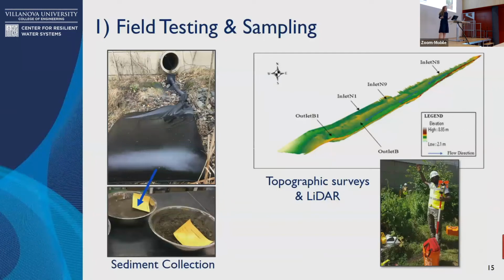We also did sediment sampling. This is called the dirt bag, not my term, it's the registered trademark for it. And this is collecting all of the sediment that's coming out through the inlet and into the rain garden. Of course, this is a geotextile, so the very fine material is leaving, but we were able to collect that through an auto sampler and pair that together to get the full sediment load.